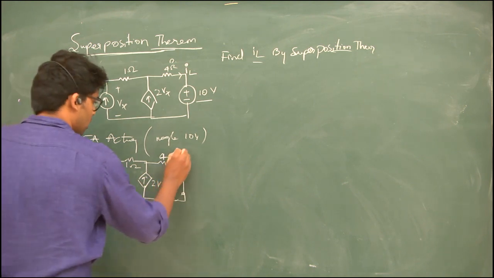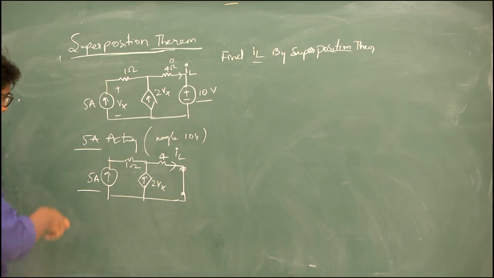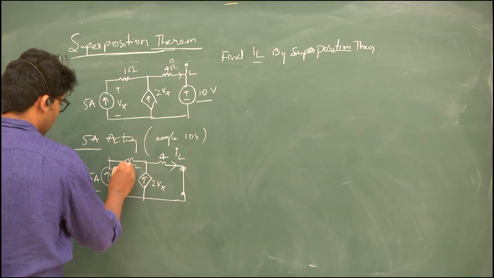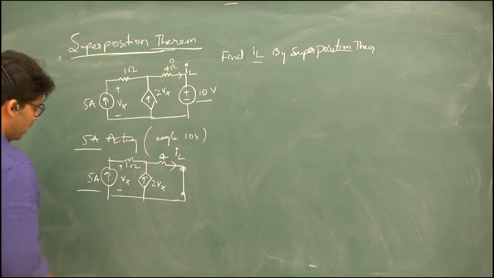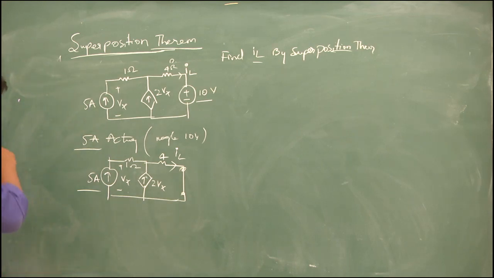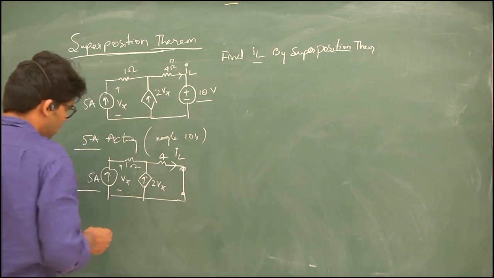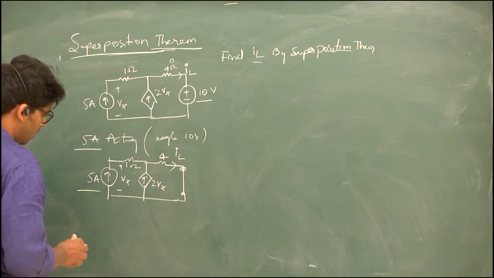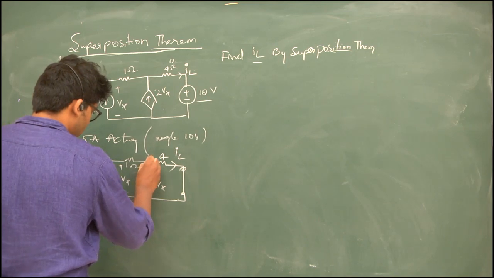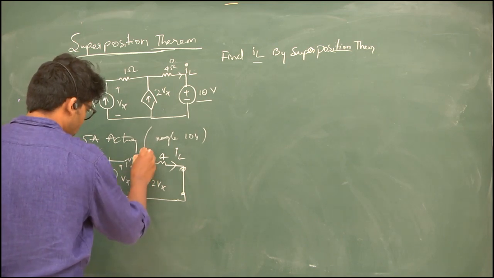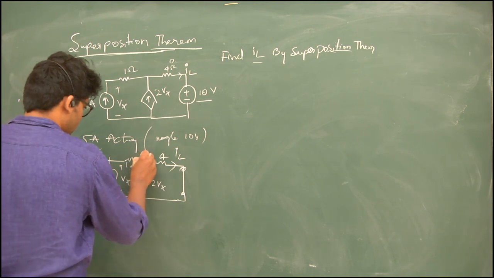Okay. So how we will find here is, see, if you see carefully, what is Vx, the voltage across this current source. Now you see carefully, this is a voltage. Let us assume this is a voltage here, V. Okay. So let us assume V here.